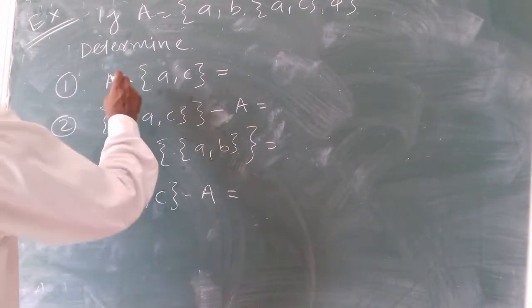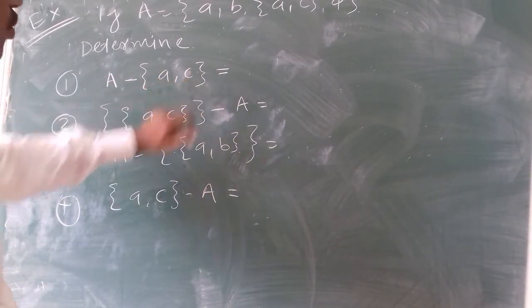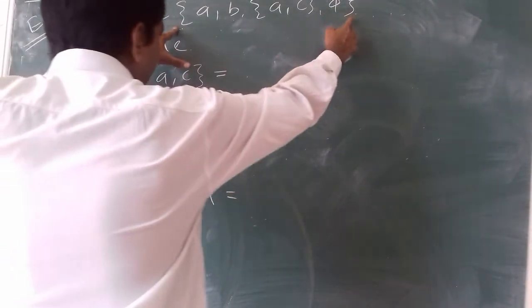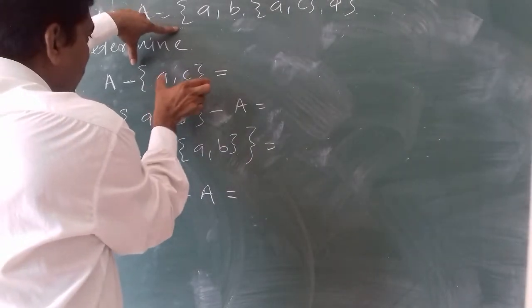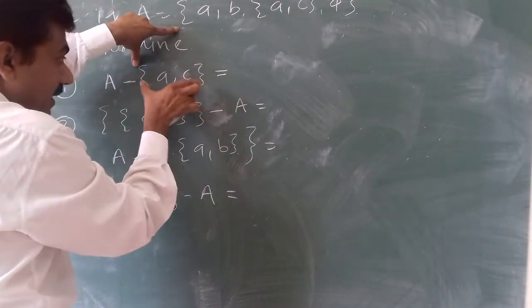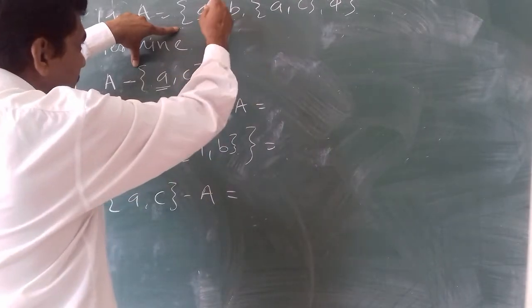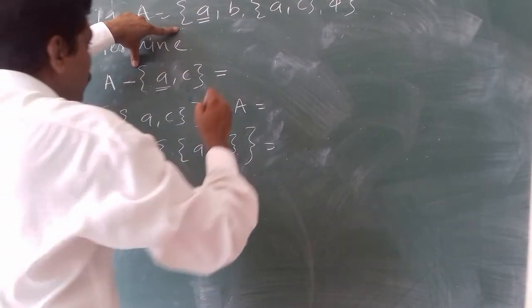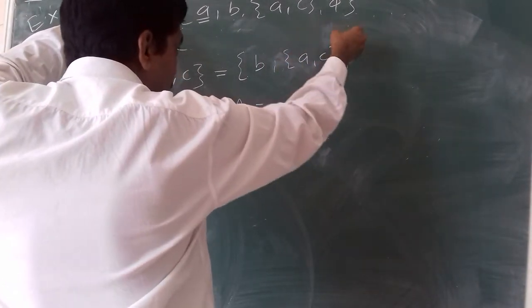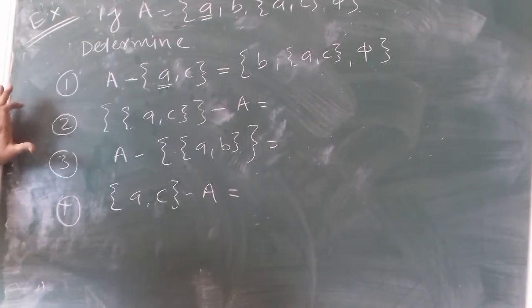So first one, A minus a set which contains the two elements A comma C. Right? So if you observe, now this is the set A, right? Minus this set with the elements A and C, right? This is the element and this is not the element. This is a set with the two elements A and C, right? So here the first element A is there in both, right? So the result of this will be B, the element A within the set A comma C, and the phi. This is the result of the first one.